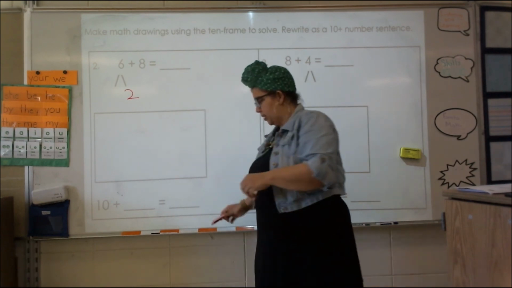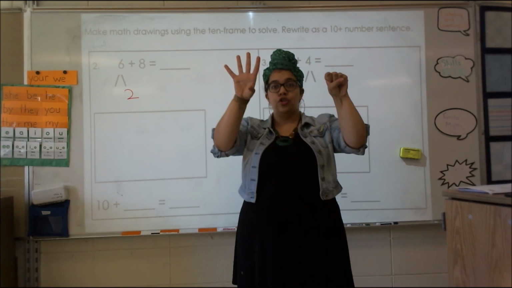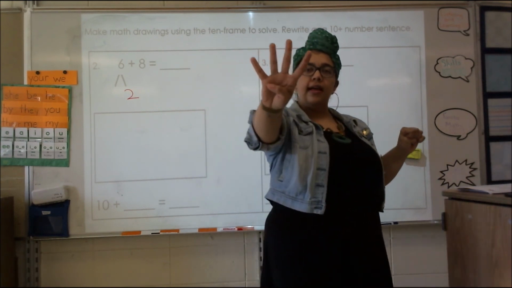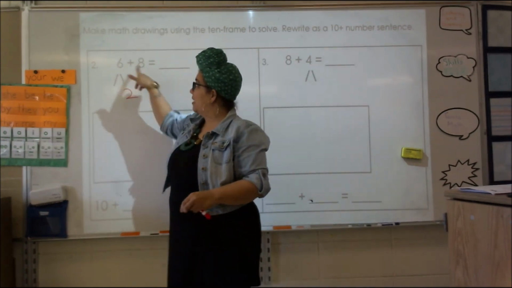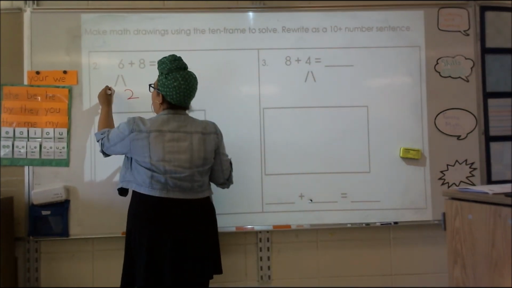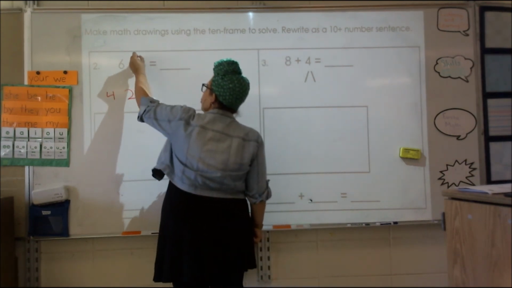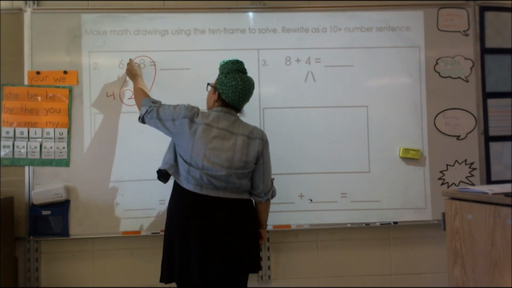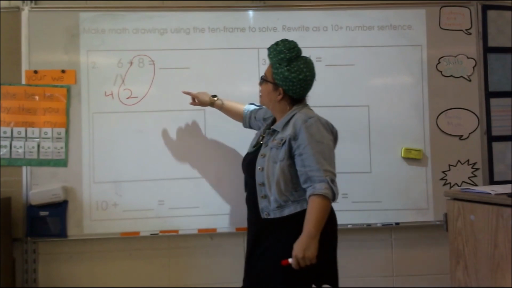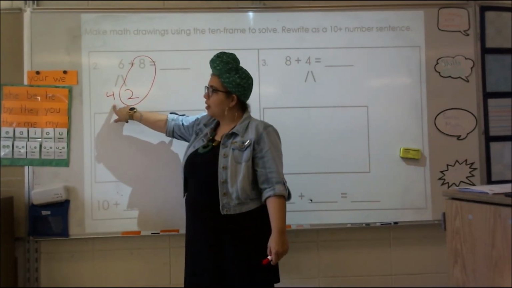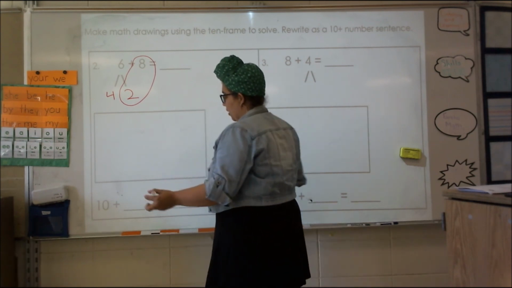Now, show me that group of 6. Now, we've had the group of 6, and we moved 2 of them over. How many are left? 4. Excellent. So instead of having 6 and 8, I have 4 plus 2 plus 8. And again, I'm going to put the 2 parts together that make 10. So now we say we have 10, and how many are not in our circle? 4, which means that this is 10 plus,